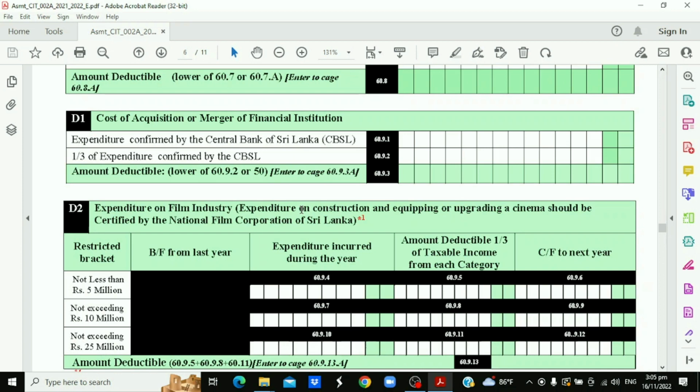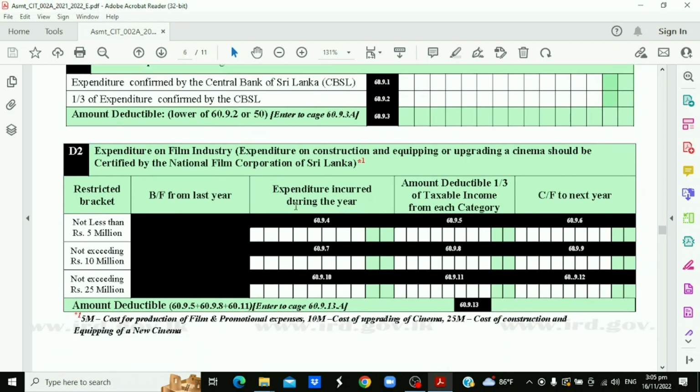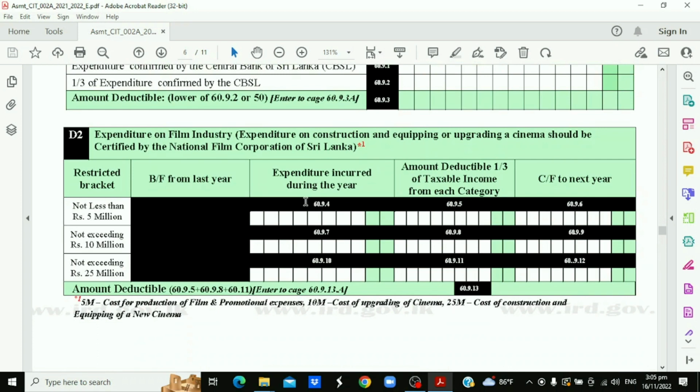Then D2 is a newly added one. This is applicable for the film industry, right? This year onwards, actually, this table is applicable. Don't mix it up with the previous one, right? The 2006 Act also has the same type of table, but this one is newly added for this particular period. Right? We separately identified the newly added items as well as the previous qualified payments applicable due to the